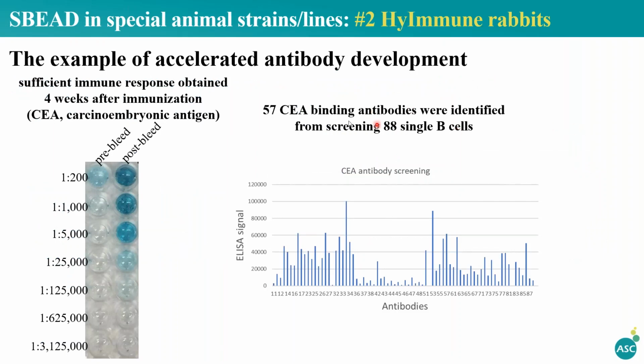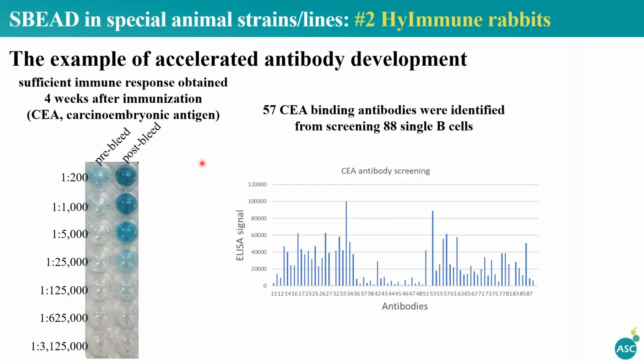In antibody development, the most time is actually spent on animal immunization. For example, in SBEAD, it takes less than 2 weeks to clone the antibodies and finally get the recombinant antibody protein. But the animal immunization process takes 2 to 3 months. To test if the high B cell number of the high immune rabbit can be used to